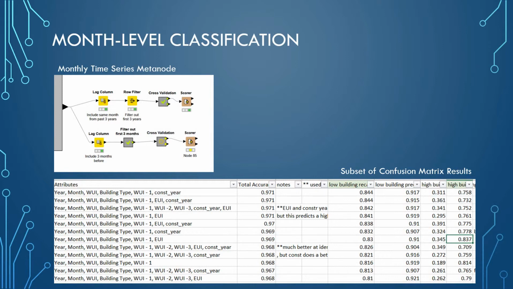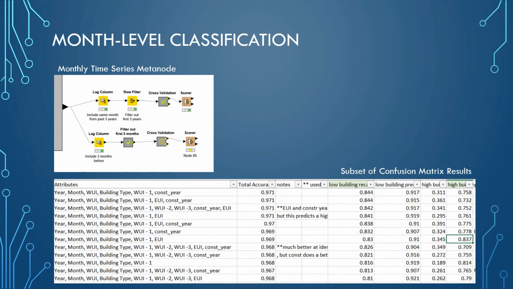At the monthly level, I used 2 different approaches. The first was to create lag values for a building's previous 3 months of WUI values, and the second was to include the same month from the previous 3 years as the new lag columns. In the end, both of these methods resulted in similar overall model accuracy, around 0.97, but using the previous month or months resulted in higher precision of identifying high-performing buildings, whereas using the previous year's values resulted in higher recall